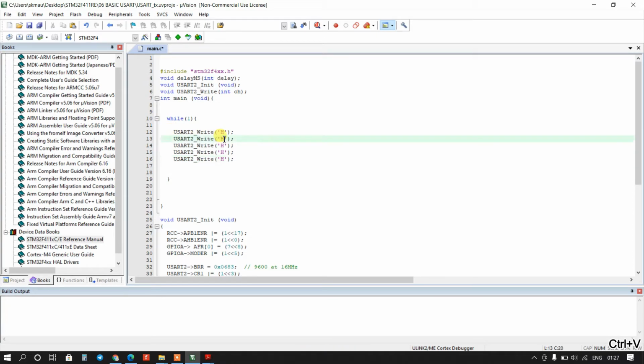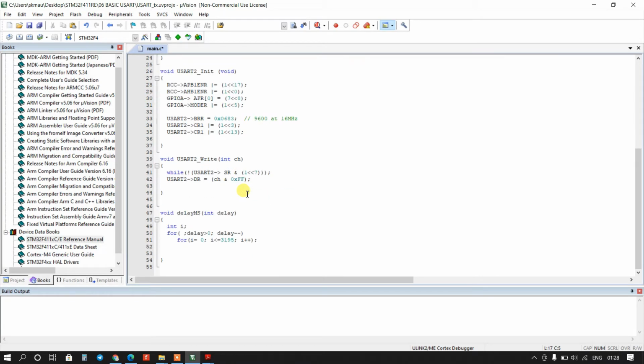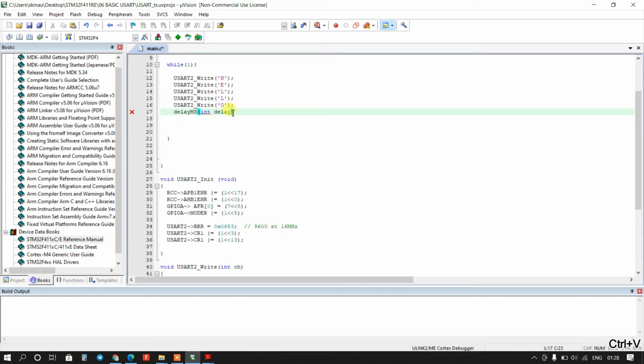E, L, L, O. Okay, and here we will use a delay to make a gap between two messages. And I will use 100 milliseconds.